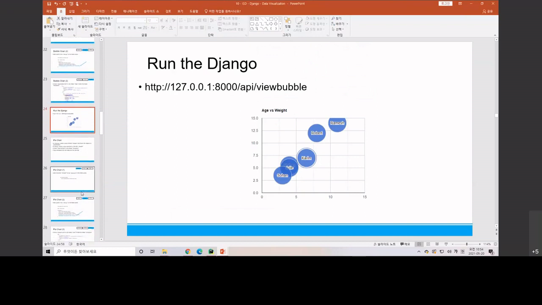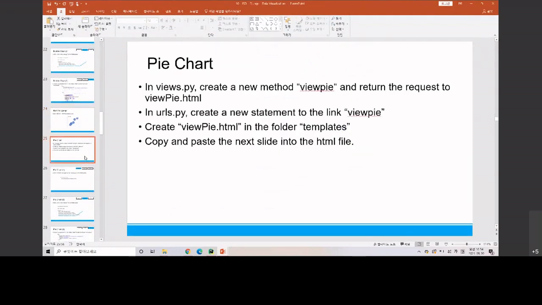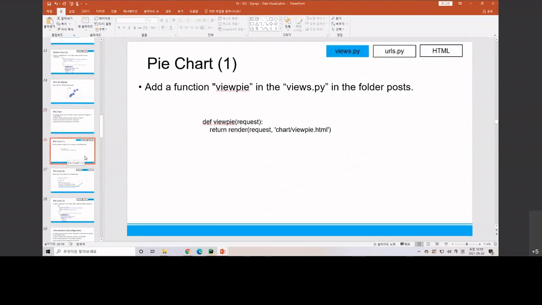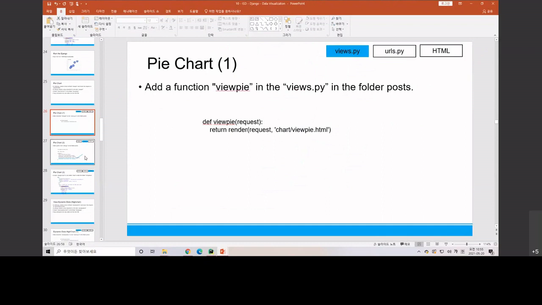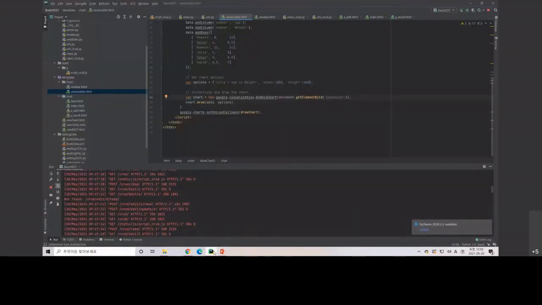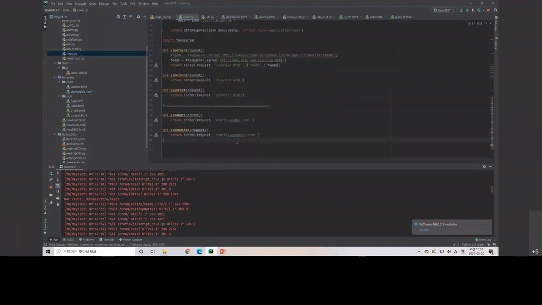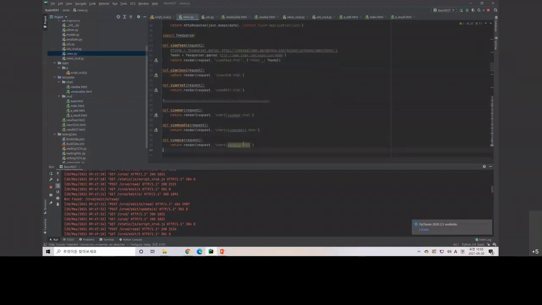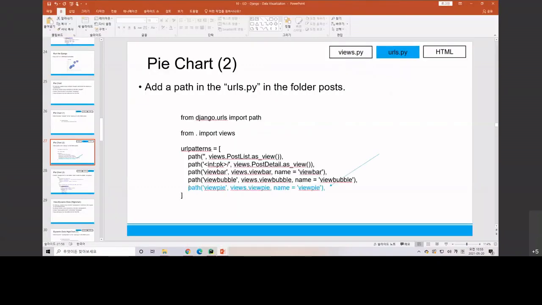Now let's move to another example. If I want to change with pie, basically the idea is the same. We need to use the view pie. For example, this is the function. Let me just give you this one. I want to use different data, because later I will also use this one to make the comprehensive website. So let's make this view pie, and then I need to make the path view pie,